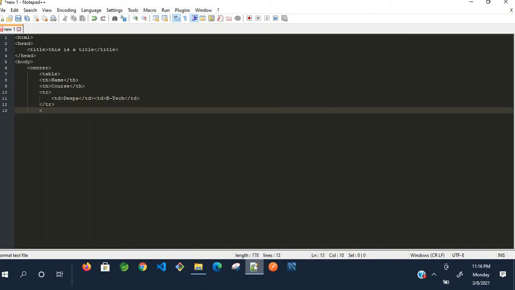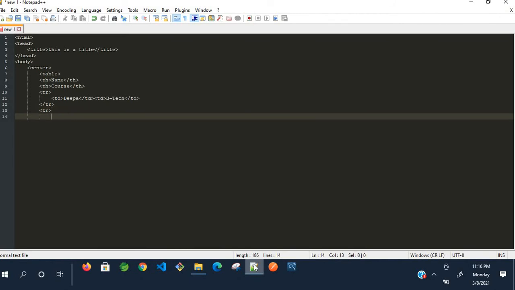Now I want to add one more table row here. Go there, td. Give a name, then close the td tag. Give one more column data, that is the next td. The second column contains the course MSc, I am giving here, slash td.